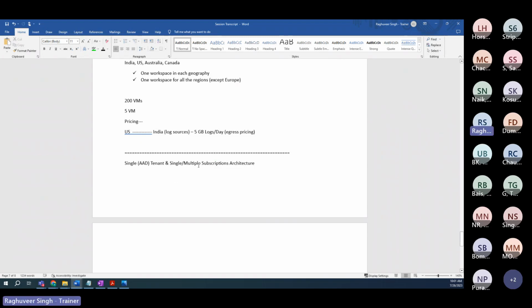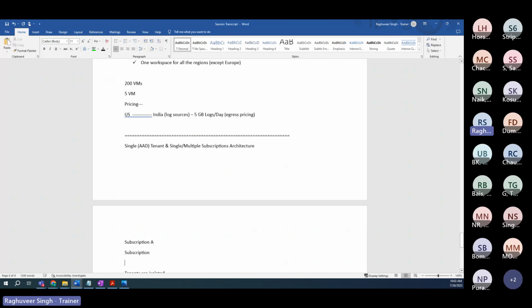But if we have multiple Azure AD tenants, then you will also need to consider how you are collecting the logs, because the tenants are isolated. Now, before you understand this, for example, let's say I have two subscriptions, subscription A and subscription B